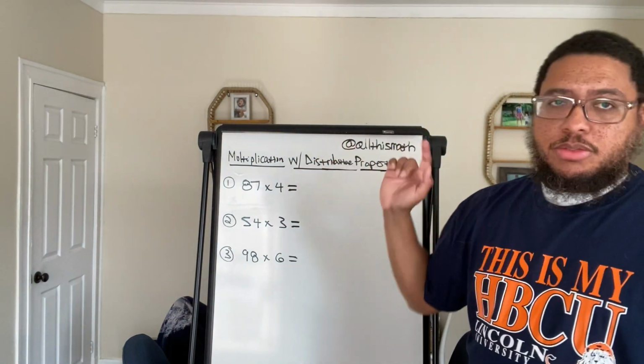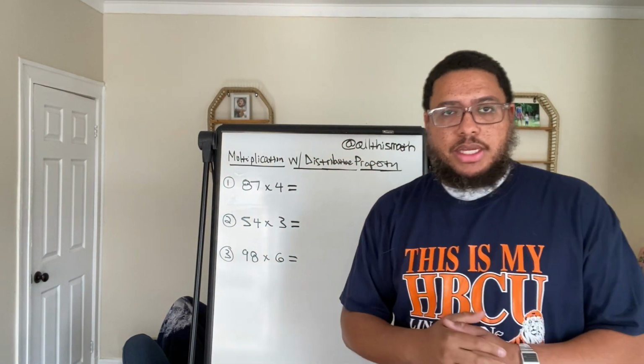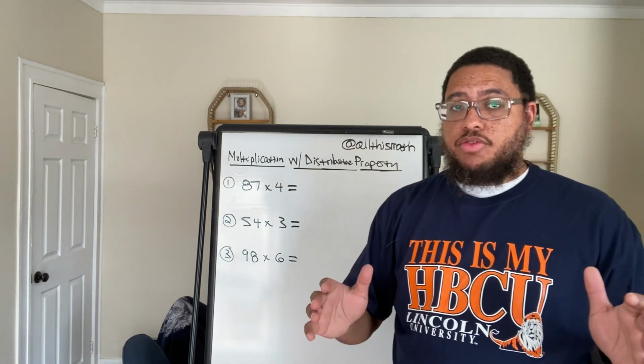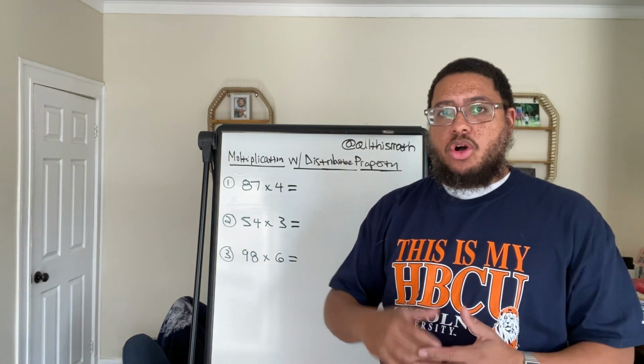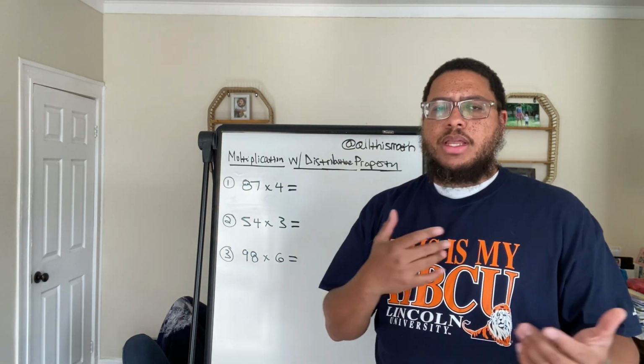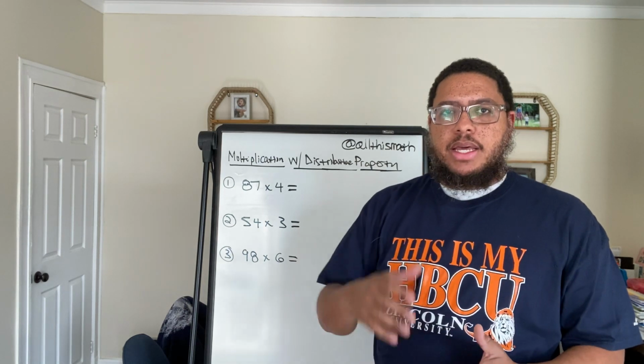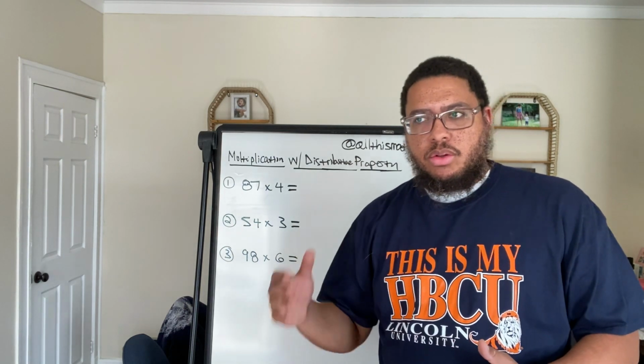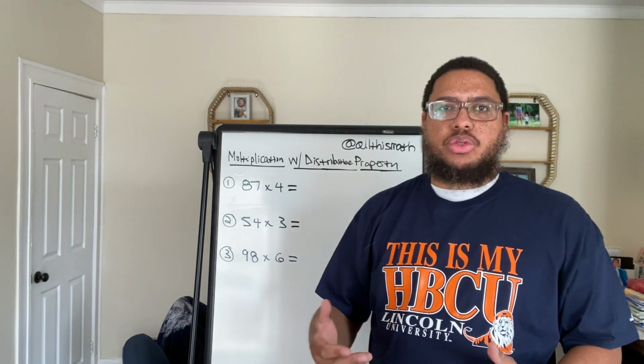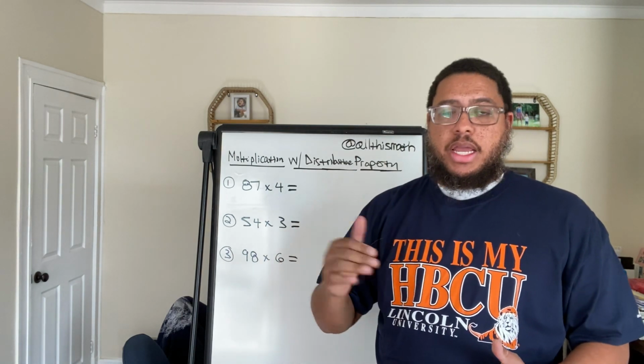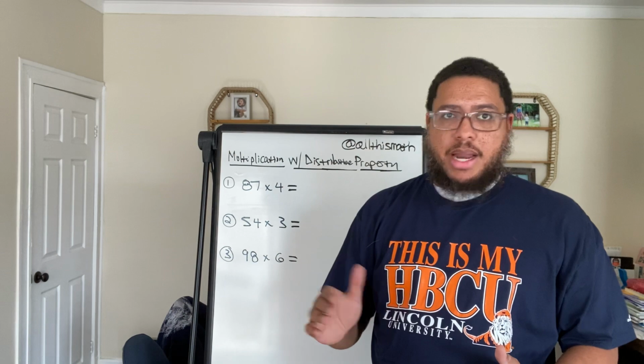Now, let's get into this multiplication, because this method of multiplication is very helpful. And the method that we're actually using is called the distributive property. The thing about the distributive property is that it's usually introduced in high school or in algebra, because it's used all the time in algebra, right?